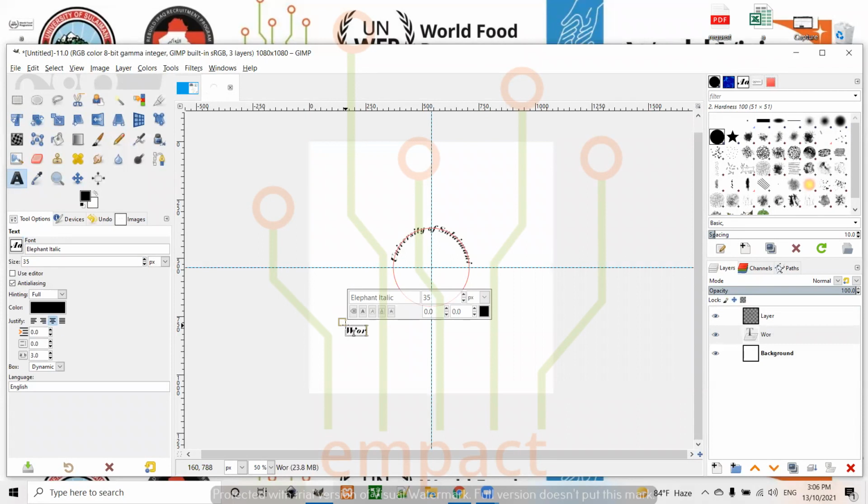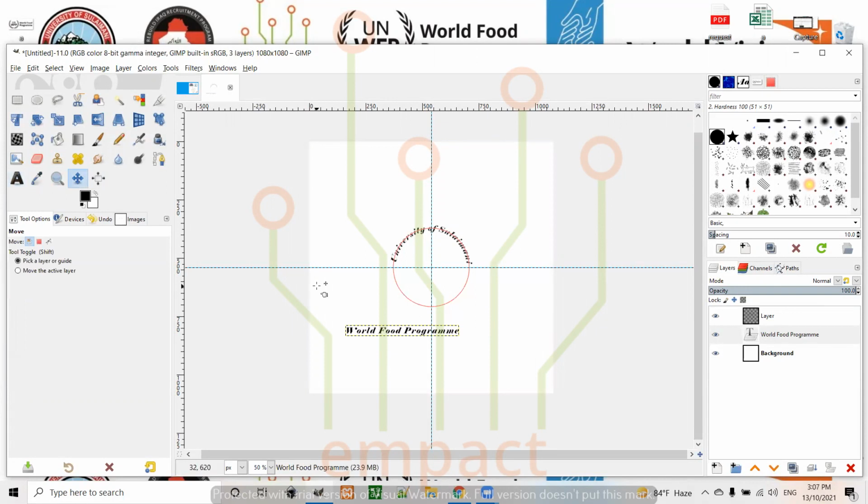word food program. If I want to write this, it is a nice text here. And if I want to do the same thing with this text and use it for